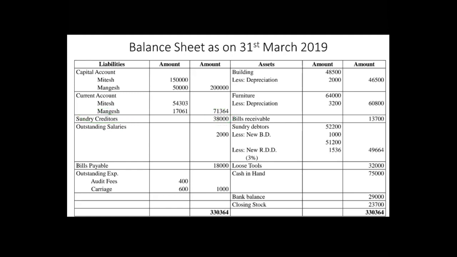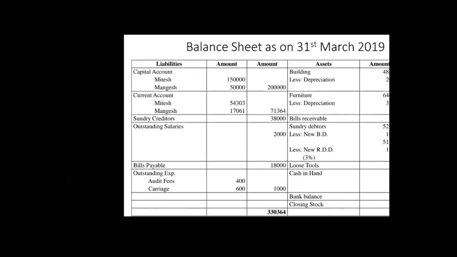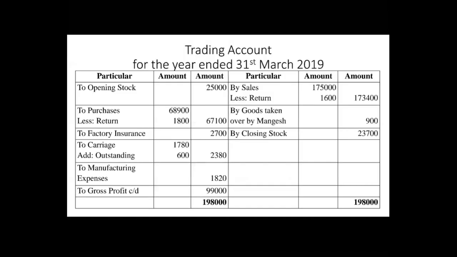Next one is the sales. Now where is sales recorded? Sales is an item of trading account which is recorded in trading account. Okay, so it is a direct income. That's why the sale is recorded in trading account. By sales 1,75,000. We have already mentioned the return. Okay, so 1,75,000 minus the amount of return. Then what will you get? You will get